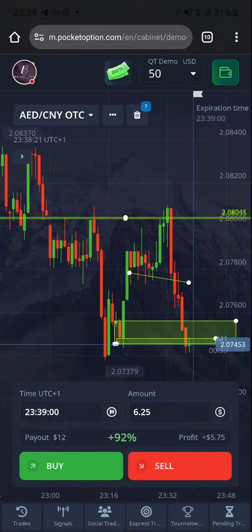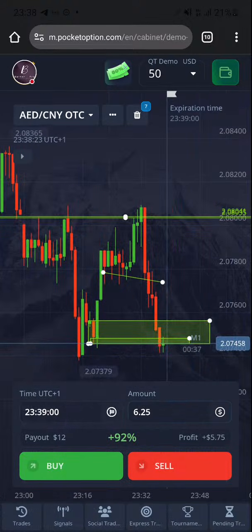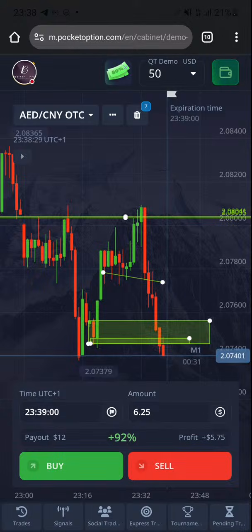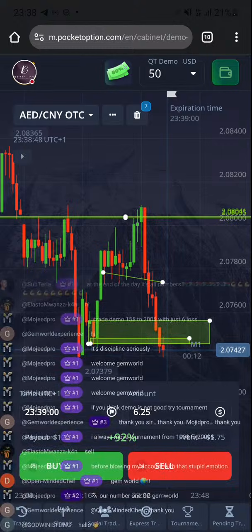If you feel you can't take demo seriously, try the tournament. The tournament helps you because you are given 100 in the tournament. If you lose that 100, you have to buy in, or if you don't want to buy in, you have to wait till the next day. Back then, when I used to trade the tournament just for practice, what I do is